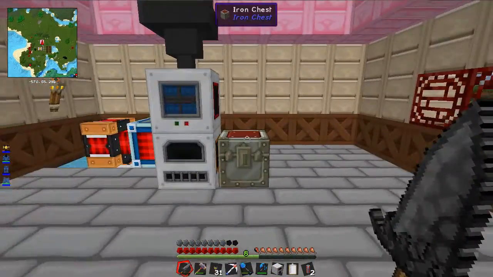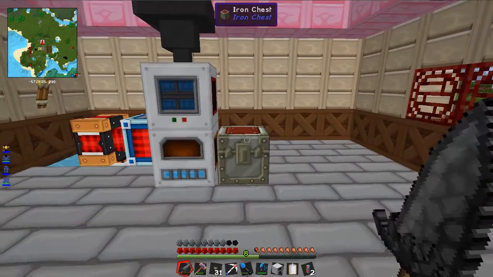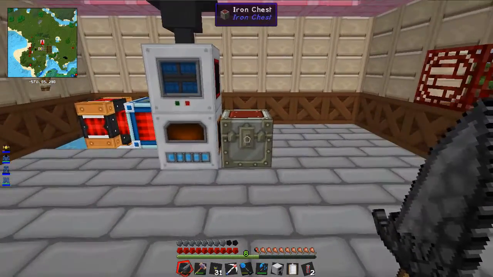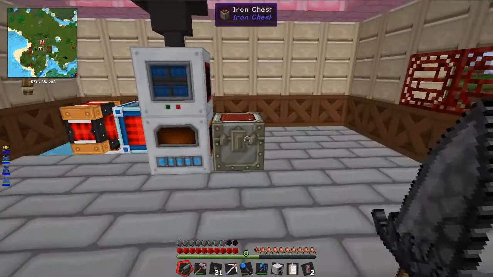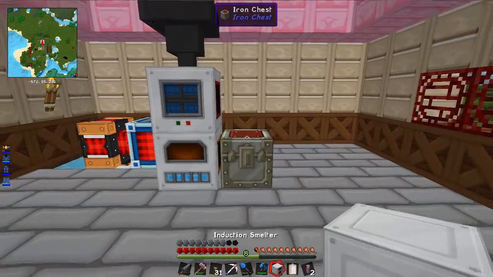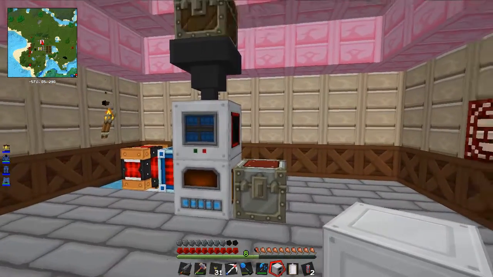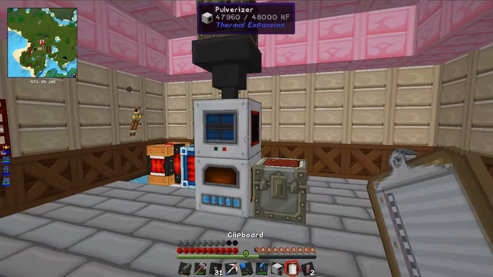One of the things, though, about the smelter is we have this iron chest here set up so that the redstone furnace automatically basically poops everything that it does out into the chest. Unfortunately, I want to put the smelter next to the pulverizer so that